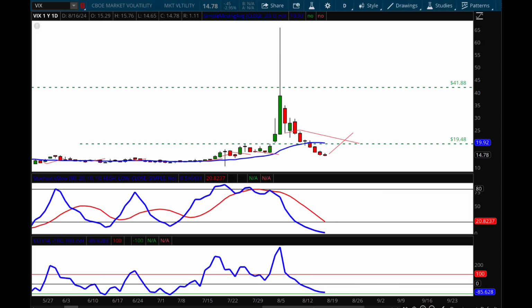But my passion is to teach people how to read the charts, how to trade, and be able to sleep at night knowing that they have their risk management under control. And so, again, upside target on VXX is